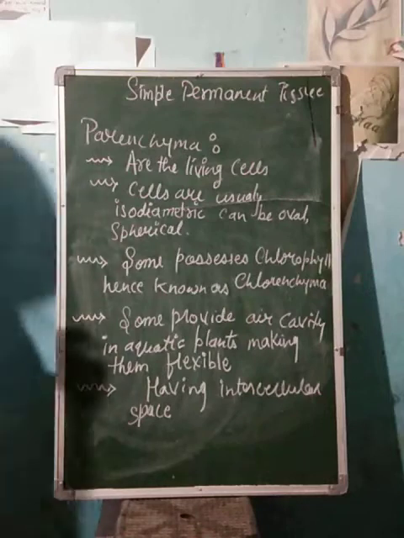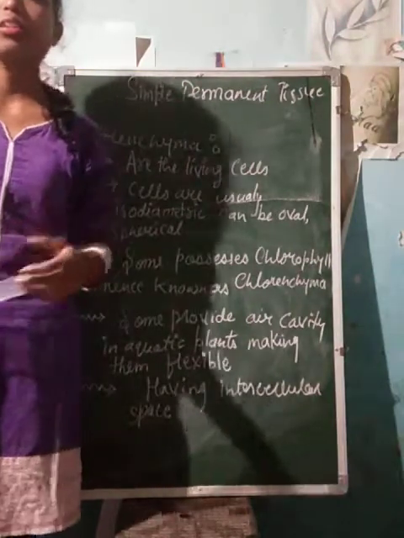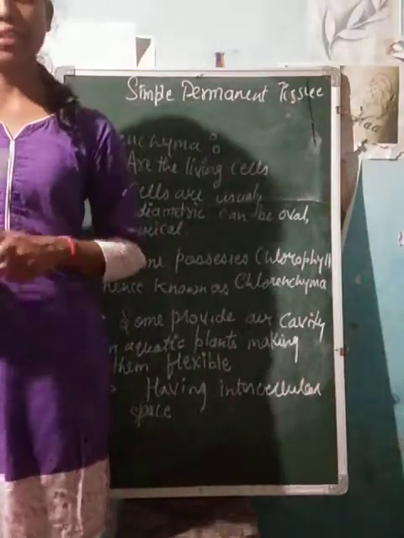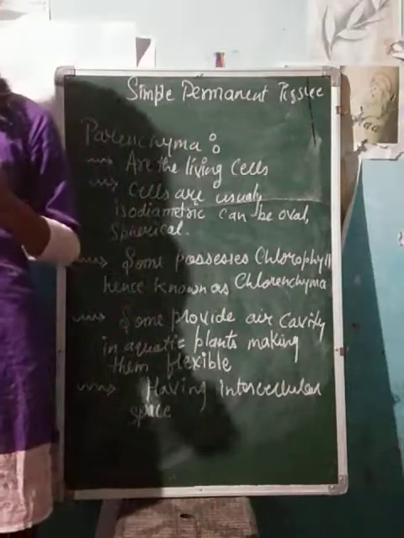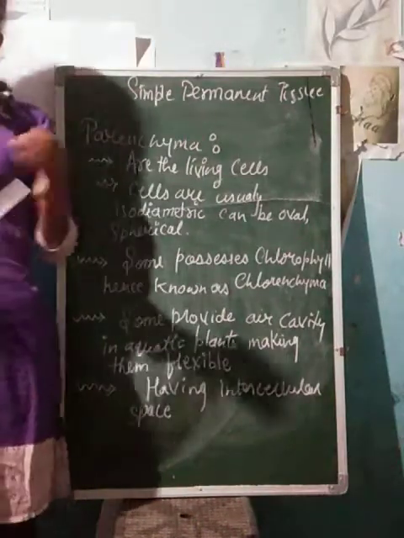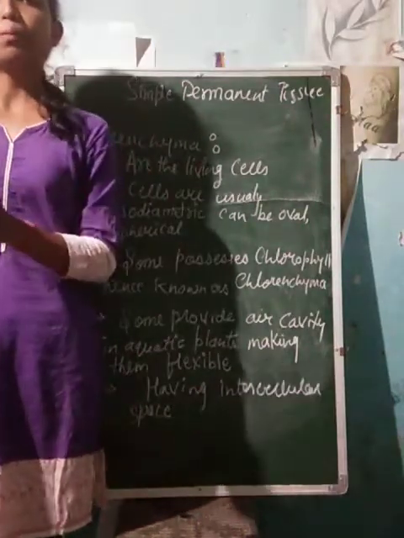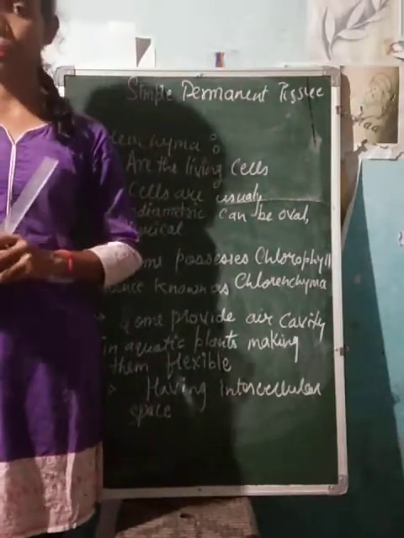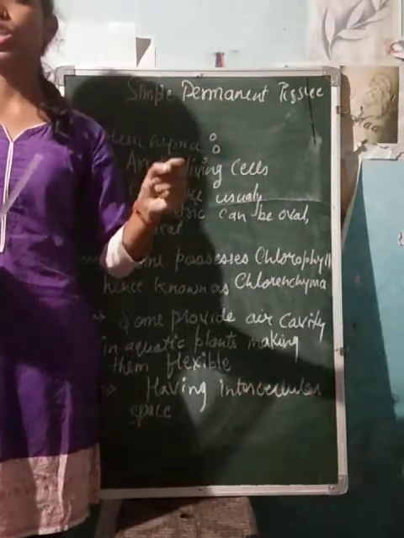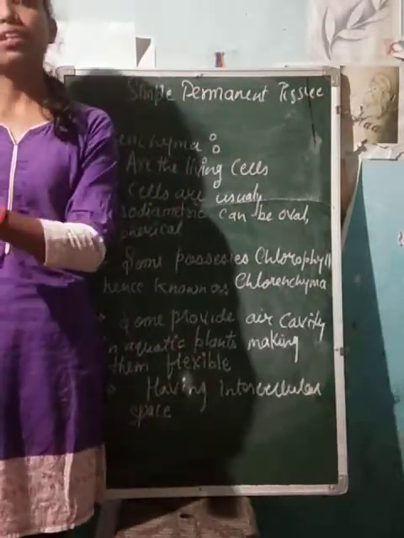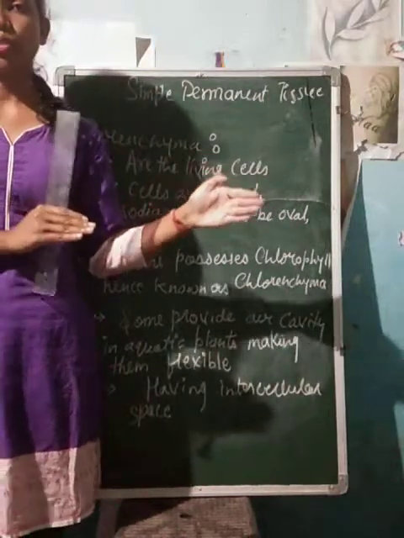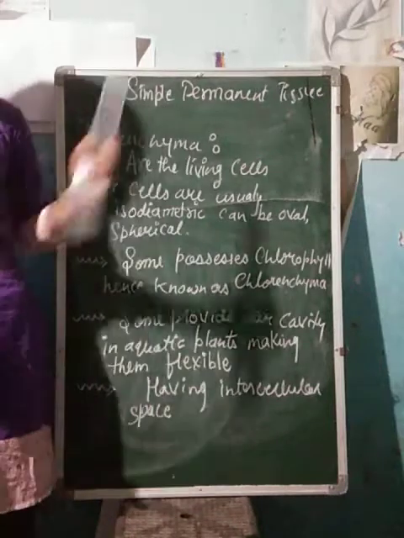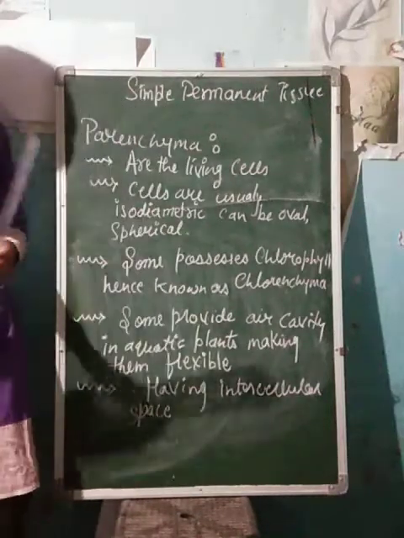So in the last talk we discussed the meristematic tissue, and there we also saw a little bit about the permanent tissue, that how many types of permanent tissues are there, right? Permanent tissues are of two types, simple permanent tissue and complex permanent tissue. First of all we are going to deal with the simple permanent tissue, and in the last blog I have also given you the reason why the simple is simple and why the complex is complex. Okay, I think that is clear to everyone. So keeping that in mind, let us proceed further with the simple permanent tissue.